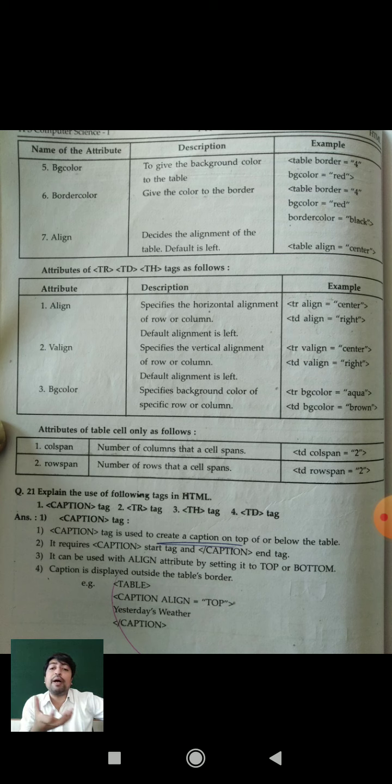Rowspan combines two rows into one row. In an HTML table, you have to keep this in mind and refresh your mind with these two given attributes.